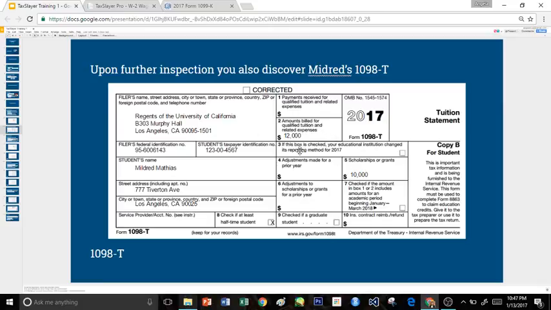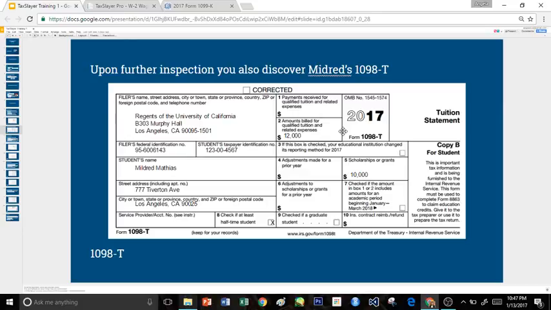So usually your mind would go straight to, oh, she qualifies for a credit. Let's just say she's within the first 4 years of her undergraduate education, so let's go with the American Opportunity Credit. Since she is a dependent though, according to the trainings that we put you through in the fall, she should not be eligible for the American Opportunity Credit. But as pointed out in Tuesday's TaxSlayer training, she actually is